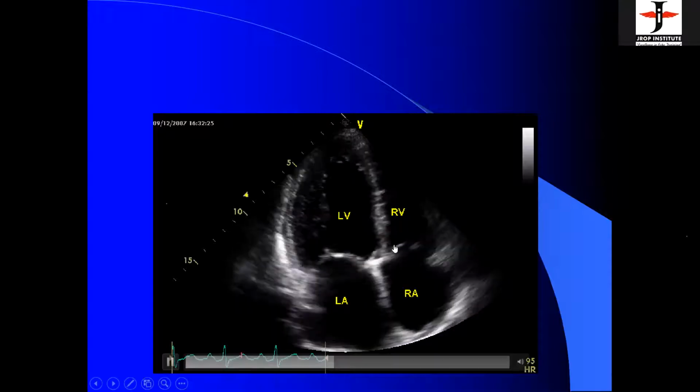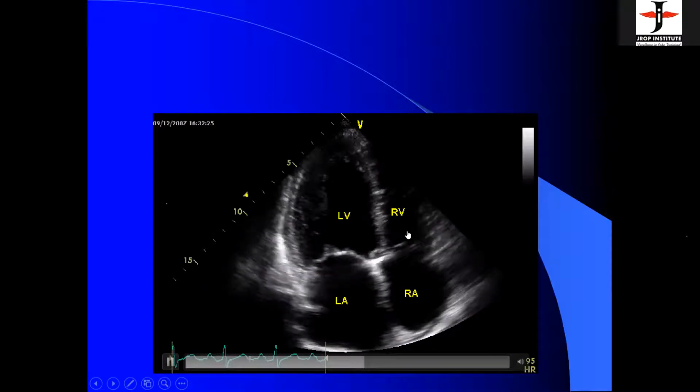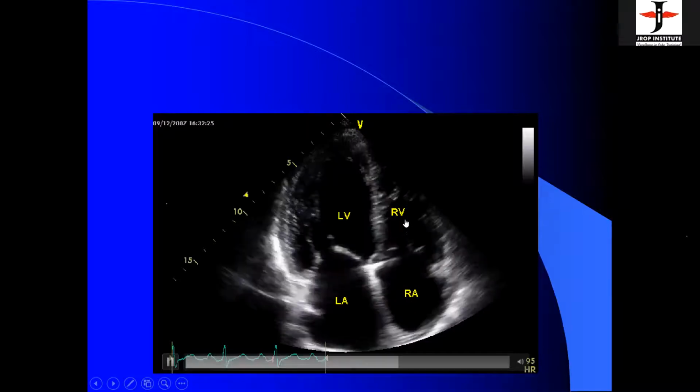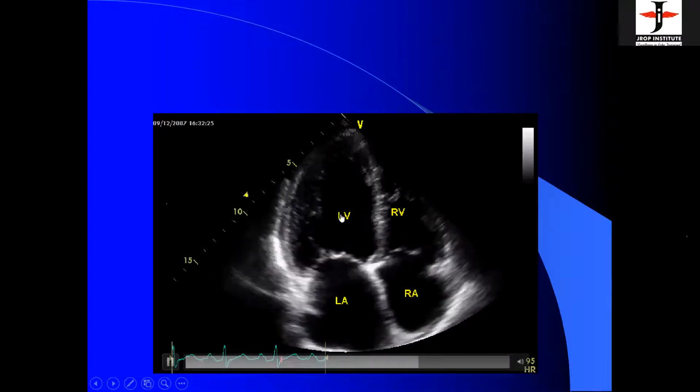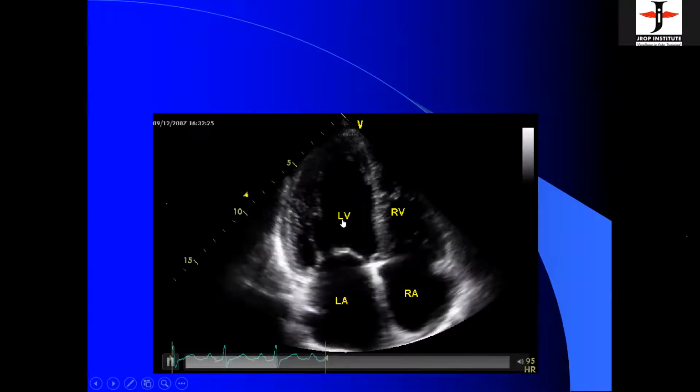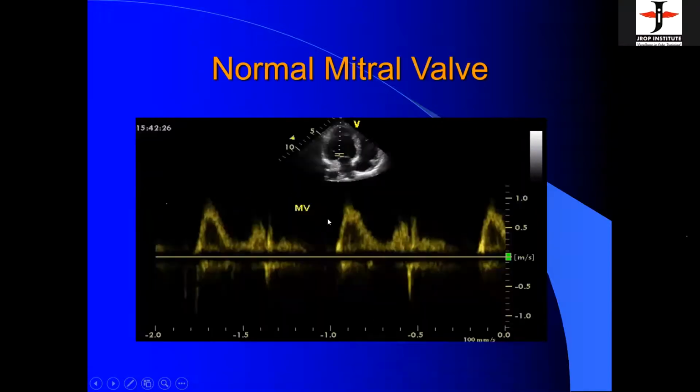Now suppose any blood which is going from the RV to RA will be against the transducer direction. So that will be negative. So remember this, because the blood is going towards the transducer, hence it will be a positive shift. And here it is shown. This is the mitral valve. You can see this is the baseline, and it is known as a positive Doppler shift because the blood is